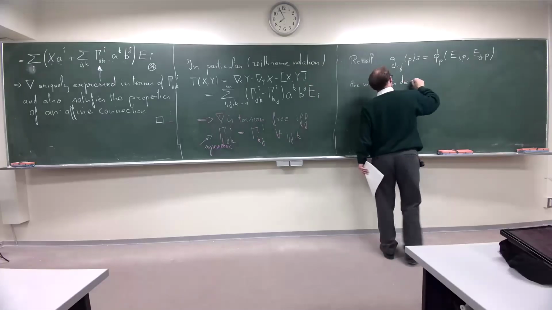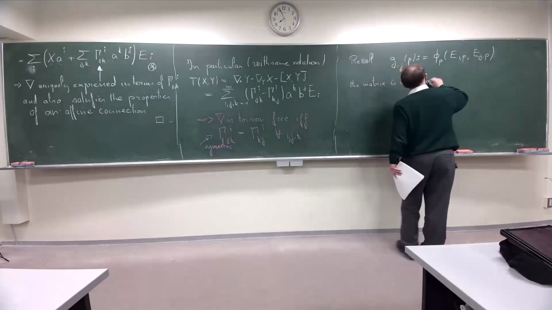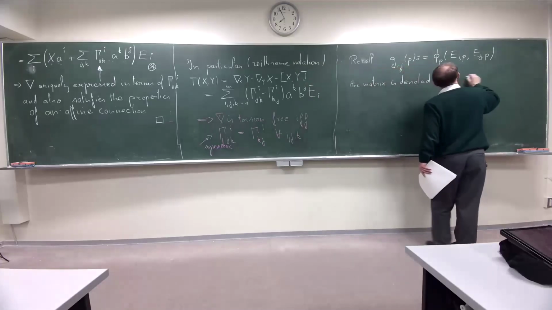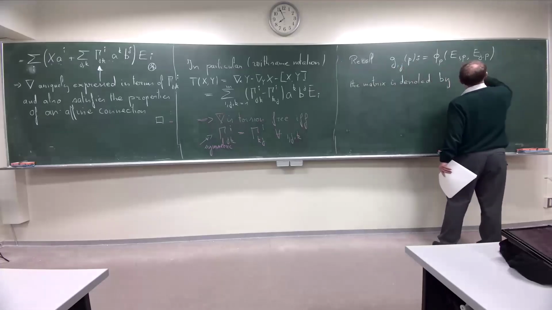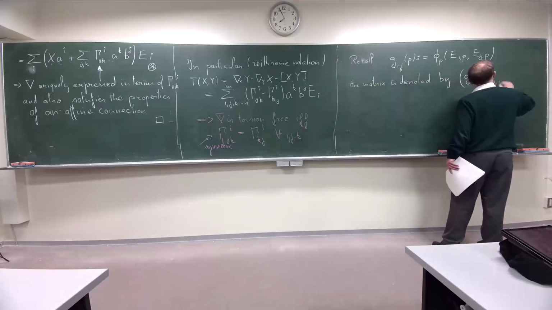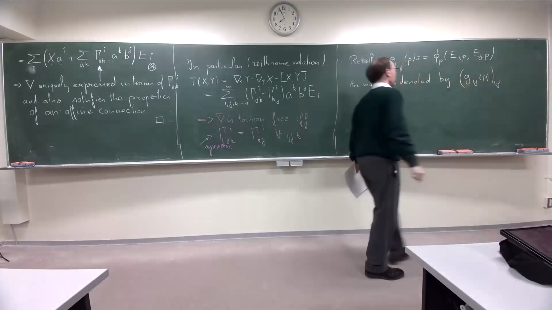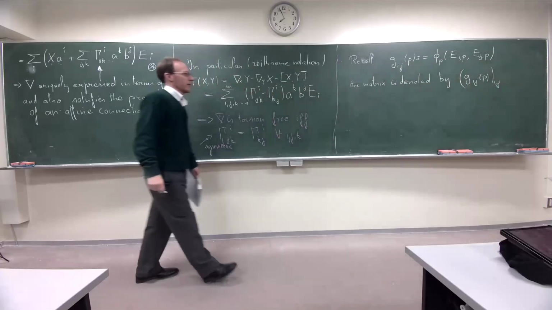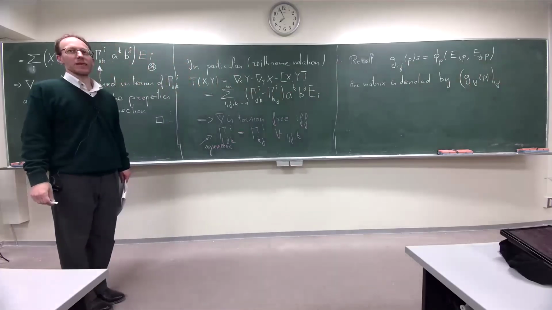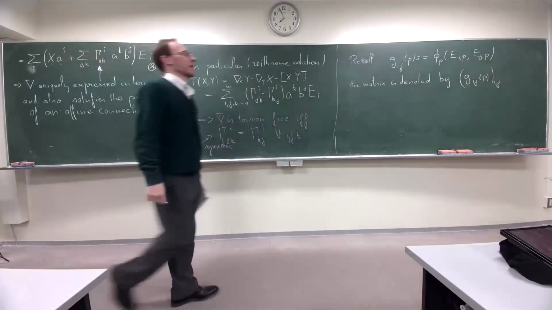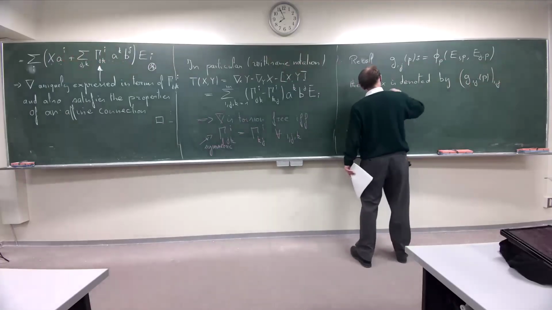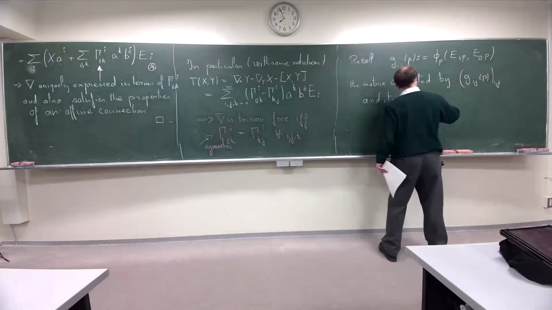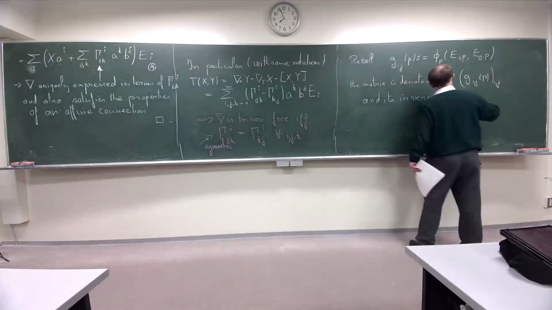is denoted by g_ij of P. I corrected the mistake you mentioned a few weeks ago about the determinant. So this is now a matrix. And its inverse is denoted